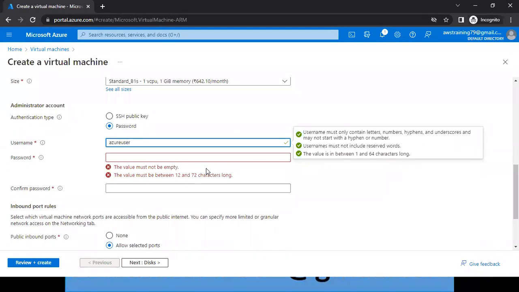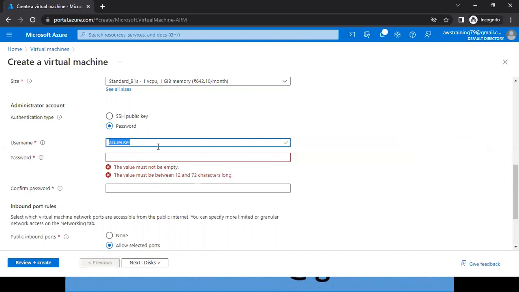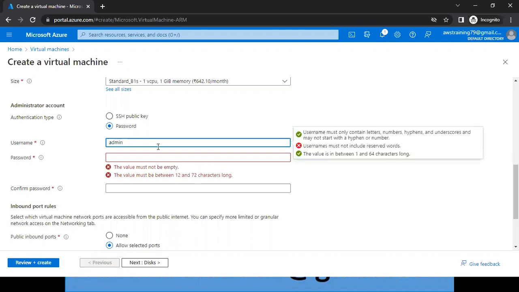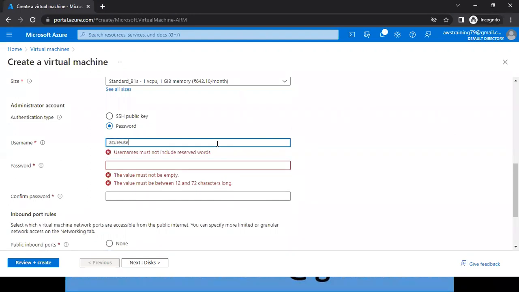But yes, if you might remember, I told you in previous session, there are some reserved words. We can't use those as usernames. One of the words is called admin. We can't use the word admin. You can see the error message here. So like this, we have a list of 15 to 20 words that we can't use. So I'm using